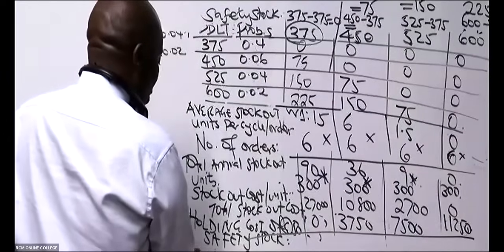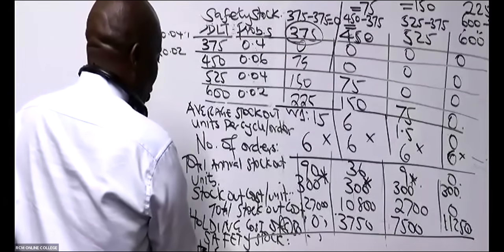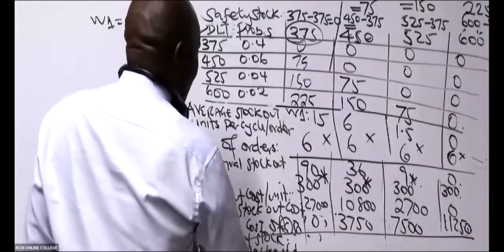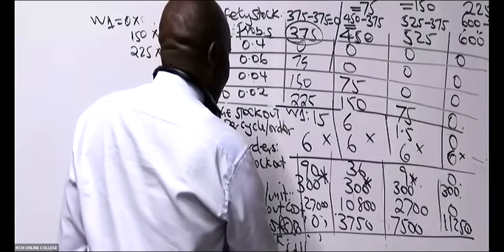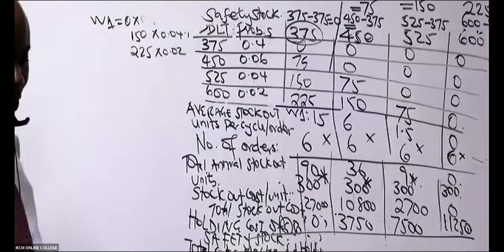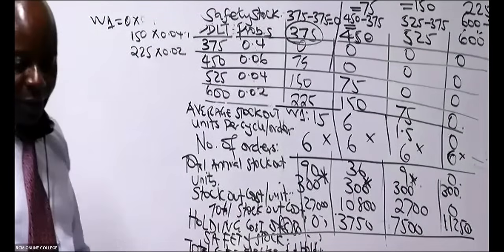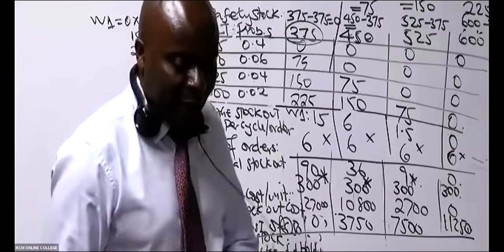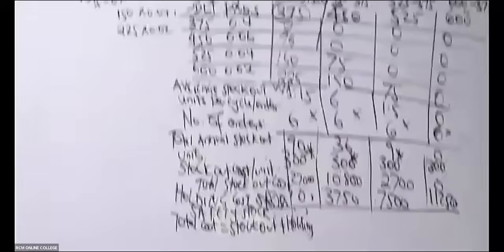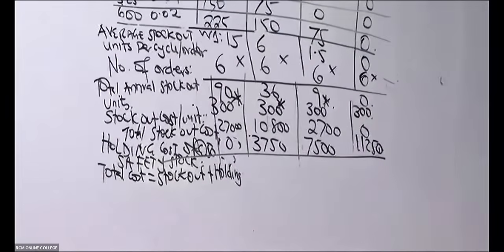Give us the total cost. Total cost, which basically is the stock out cost plus what here, somebody? Holding cost. Plus holding. You add the two. Again, I have to adjust my camera a little bit. So basically, you take the stock out cost that you have up there, and then you add these to the holding cost. Slowly, slowly, just slowly.